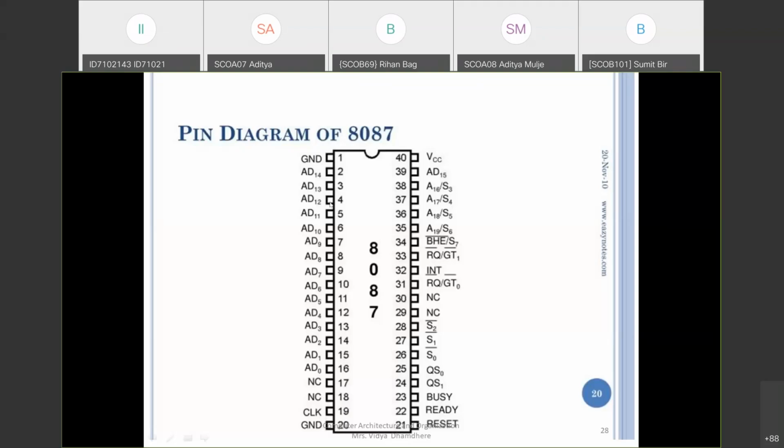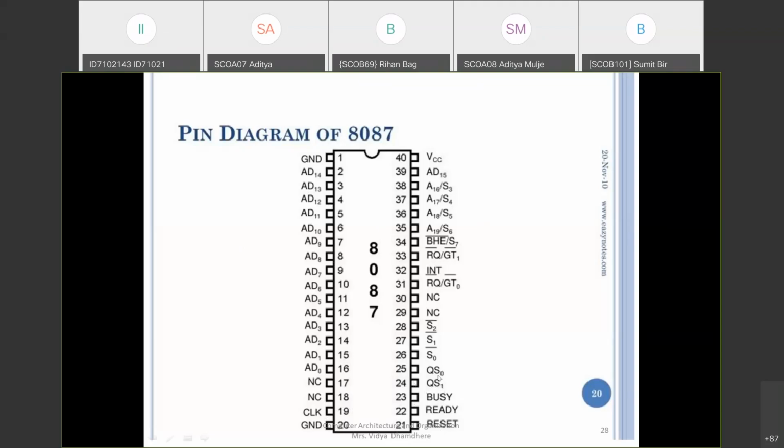In this coprocessor, two grounds are there, pin number 1 and pin number 20. Pin 21 is used for the reset logic. Pin 22 is used for the ready signal sent to the processor. Pin 23 is used to identify whether the coprocessor is busy or not.